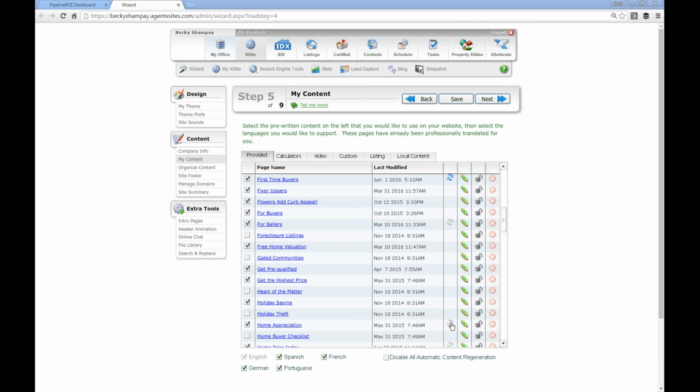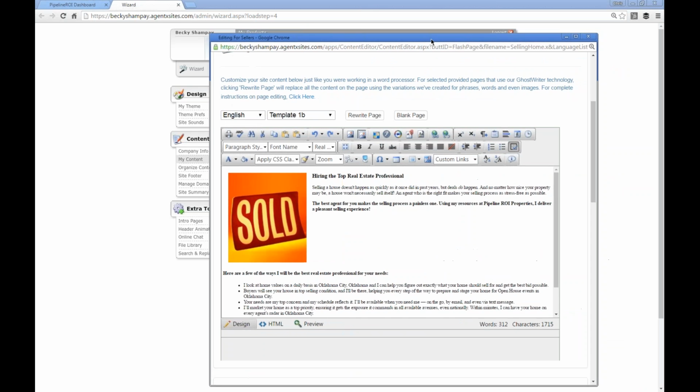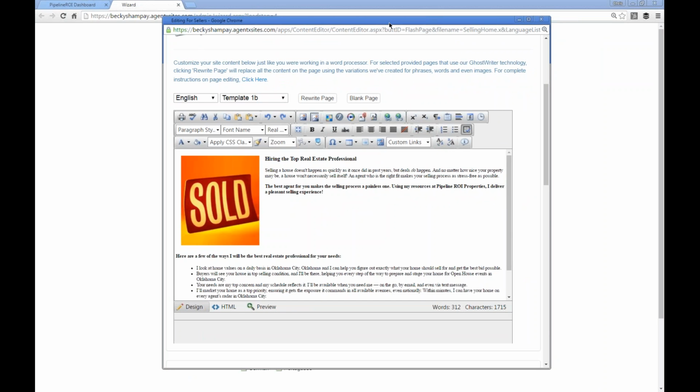Any of the pages that have the arrows are going to be wholly unique to your site. I should know because I've been working on getting some of them updated and adding some new options, some new visuals and things. And the chances of you having the exact same page as somebody else of one of these Ghostwriters is astronomical, just because there are so many variable changes. And to show you the way that works, and why you may want to set some of the pages up to do this,